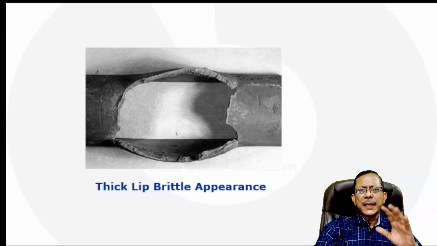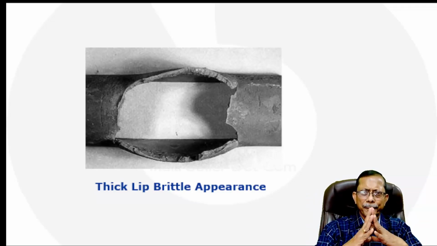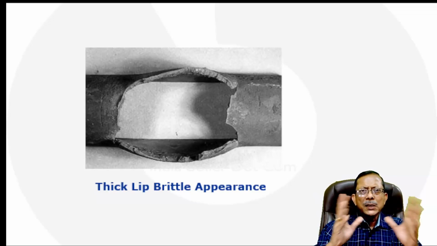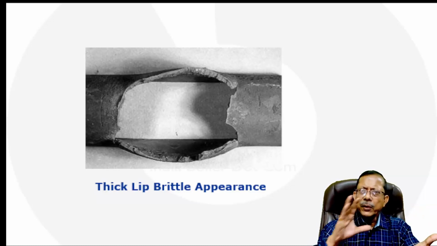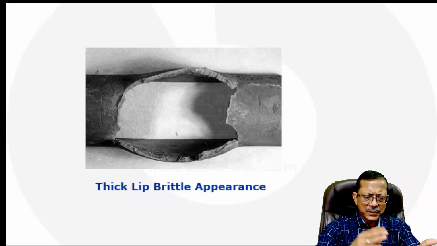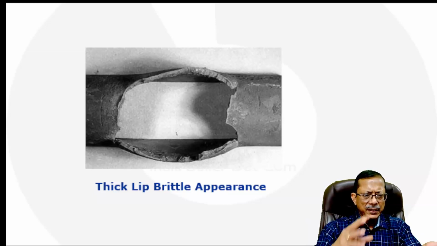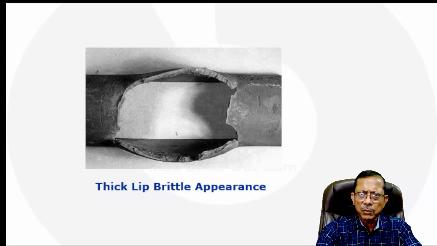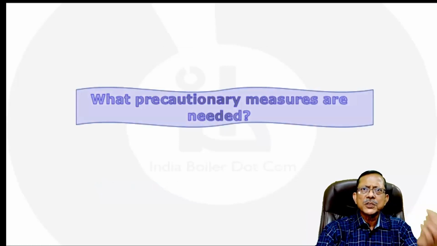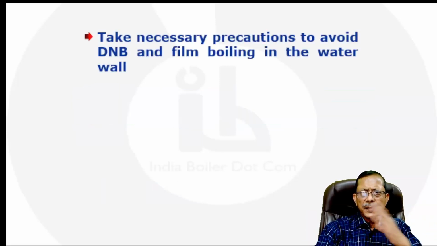So now let us say that we understand, okay, this is the failure, how to prevent it. What are the conditions that were leading to it? So we have seen the location is the water wall, where there is a departure from nucleate boiling, where there is a deposit, right? If the departure from nucleate boiling and film boiling is leading to the concentration increasing mechanism and the corrosion mechanism, then the first precautionary measure, if you want to take, has to be to avoid